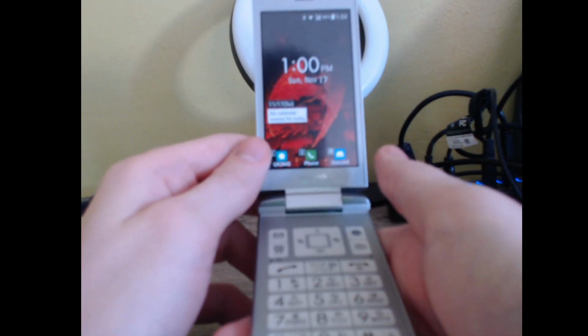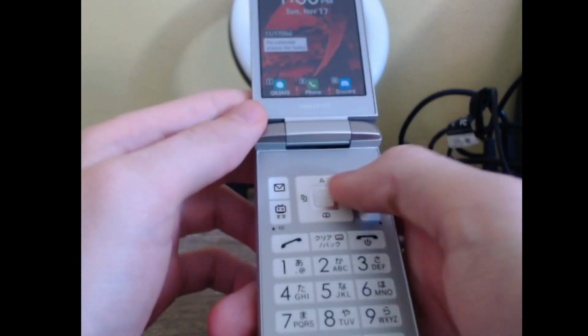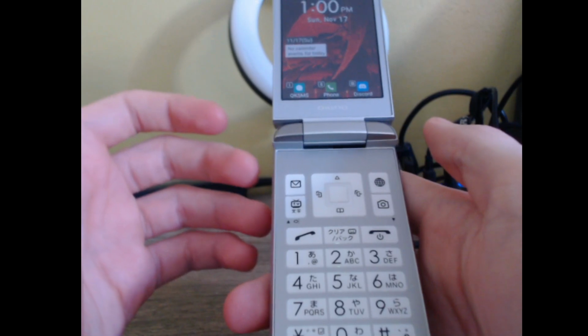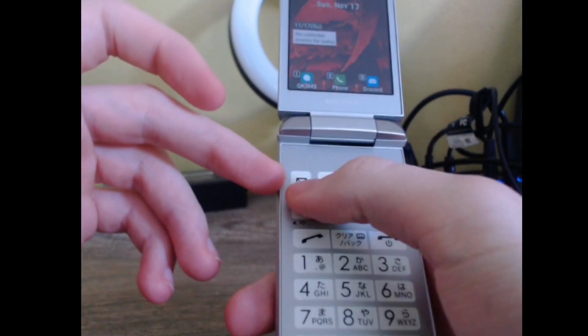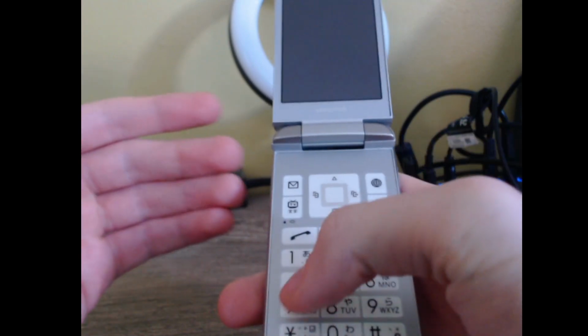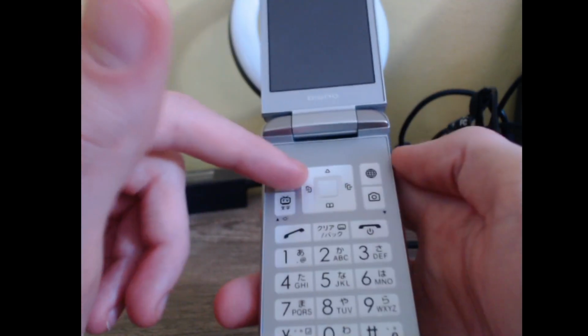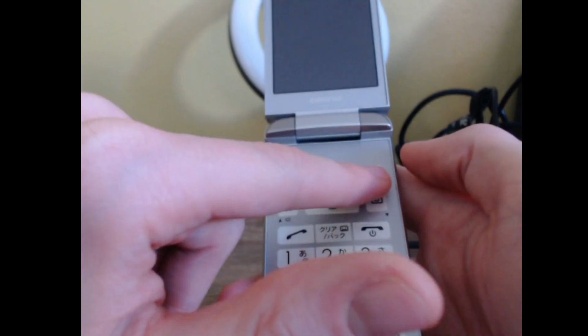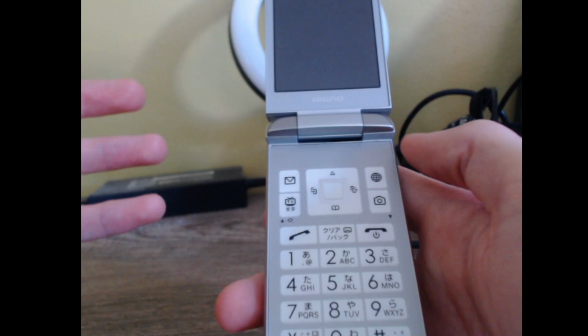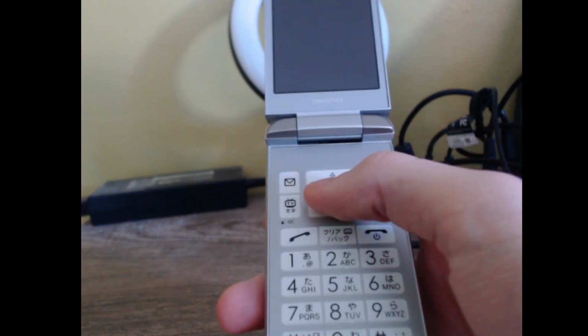So there's gonna be two stacked buttons on either side. That's these four buttons right here. This is going to control some things, but while they're on the home screen, it's going to open their respective apps. So this is going to open your mail app. You're never going to use this button pretty much because we're going to change the texting app. So this button pretty much is useless on the home screen. This will open the browser. This will open the camera. And this is another button that really won't do much of anything because you're probably not going to use the TV function unless you live in